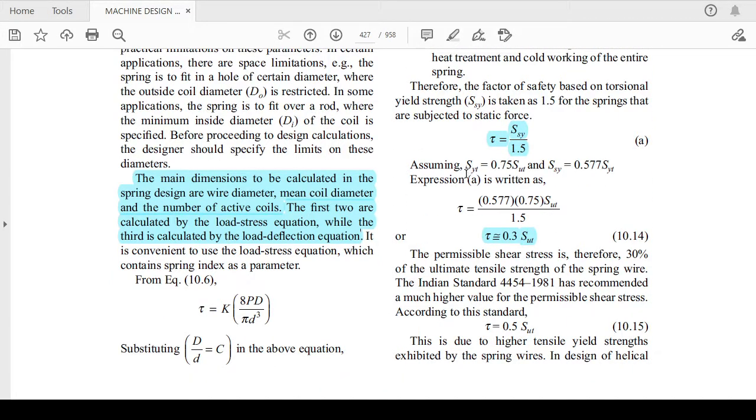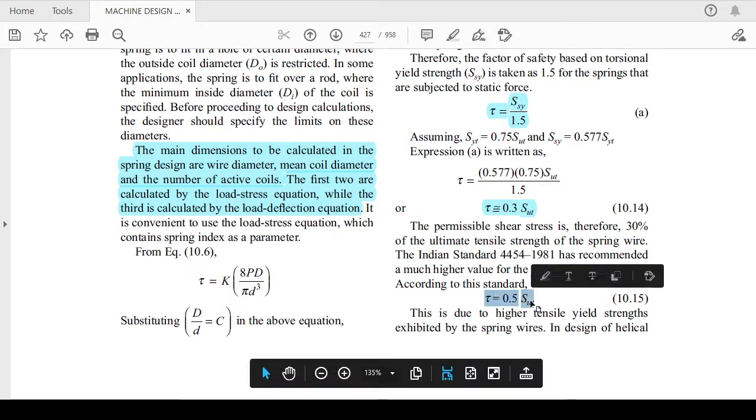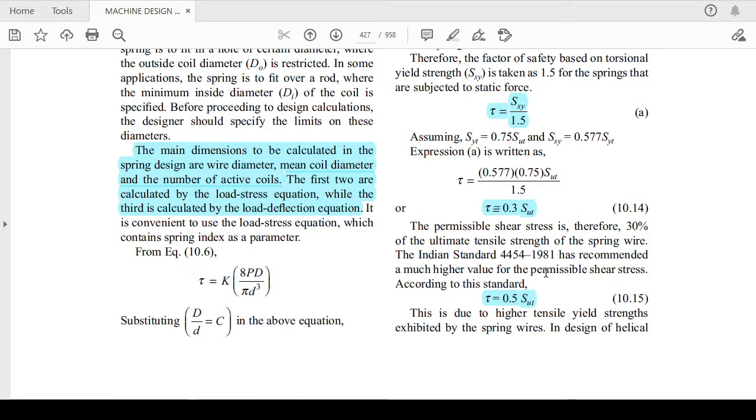Assuming the theory of failure, if you use Syt as 0.75 Sut and Ssy as 0.577 Syt, then putting the value of Ssy in terms of Syt, you can say that tau, the shear stress, will be equal to 0.3 times Sut. It is also recommended in some applications to use tau equal to 0.5 Sut, where permissible. According to Indian Standard 4454, you can use tau equal to 0.5 times Sut.